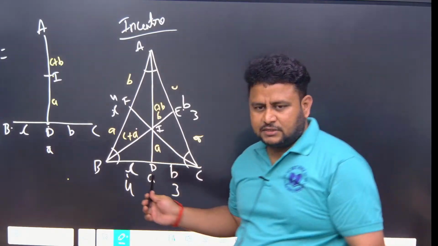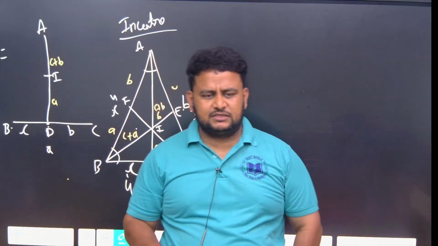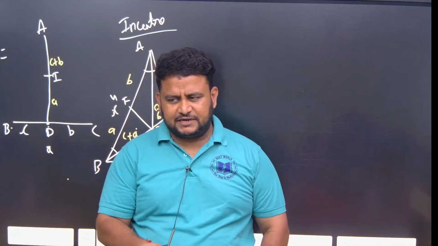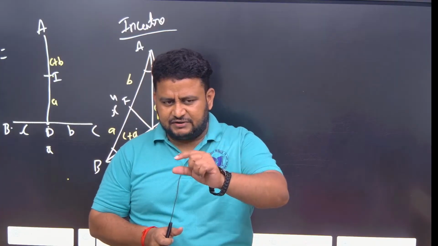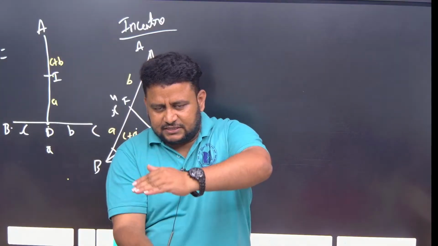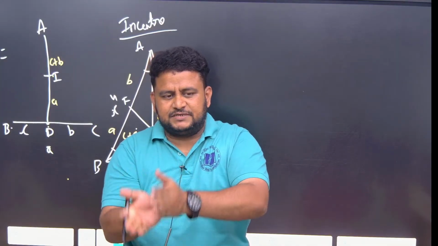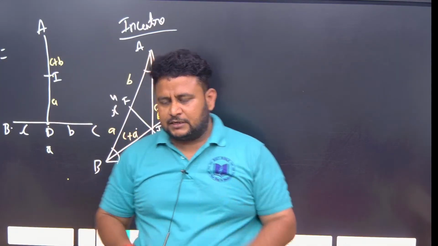Done with this, everyone? So first thing is the below length. D will be dividing the ratio of the adjoining sides, that is C is to B. This I will divide in the ratio of the sum of the adjoining sides to the below side, that is C plus B is to A. Clear? Now next thing,